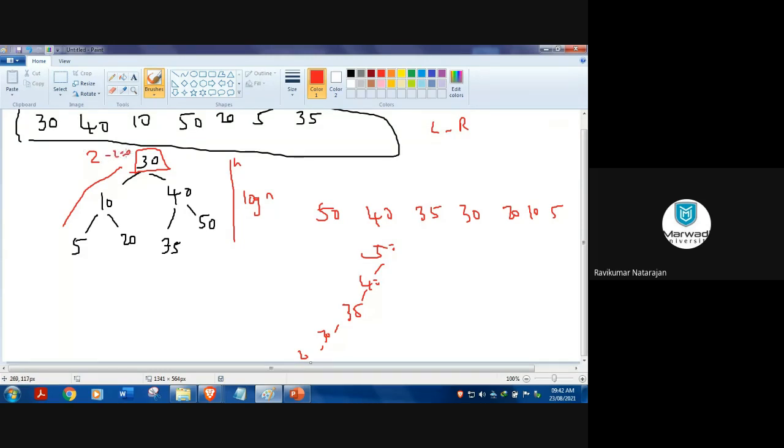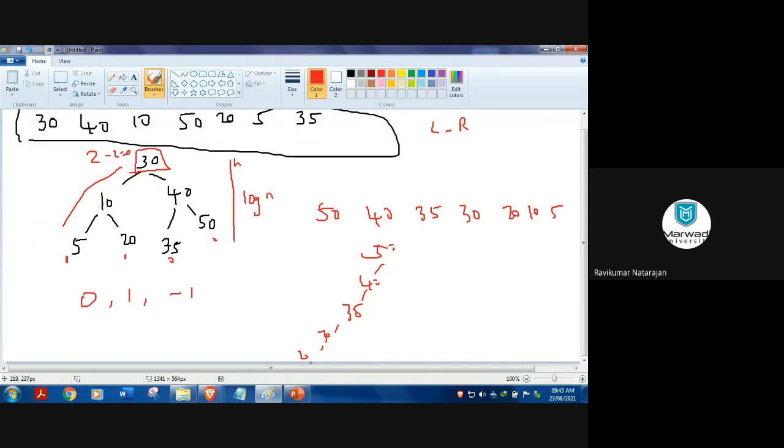So in an AVL tree, you should get either 0, 1 or minus 1. If your tree has these values, then you can say the tree is balanced. I have just found it for only one node. You have to find it for all the nodes. If any node is not balanced, sometimes you will get 3 also. For example, if there are more elements, then definitely it might not be balanced. Now the leaf will always be 0, because there is nothing.